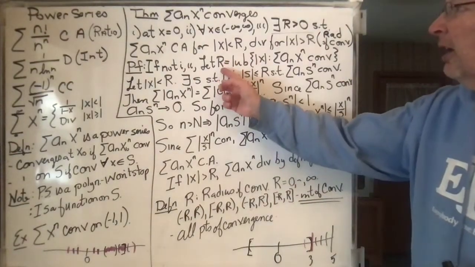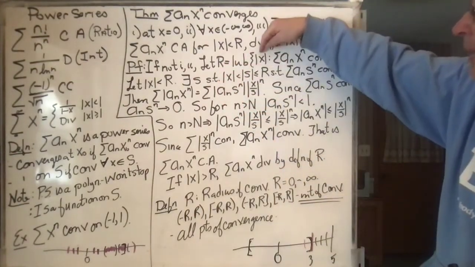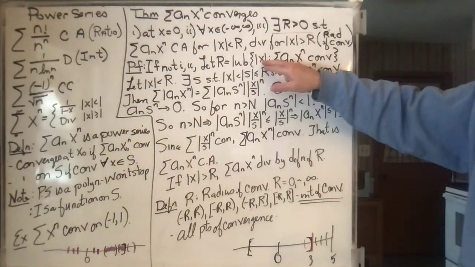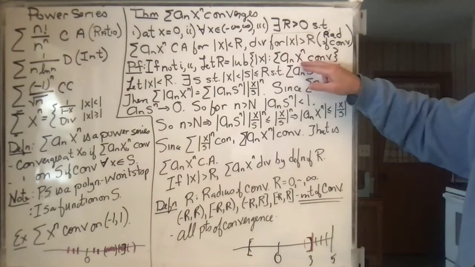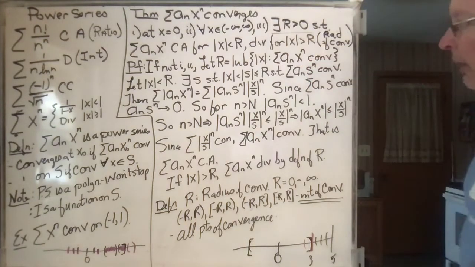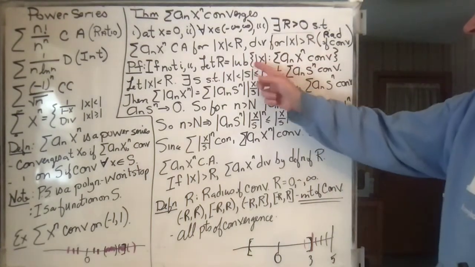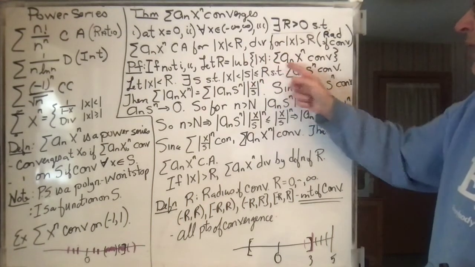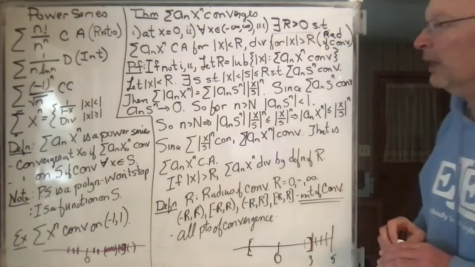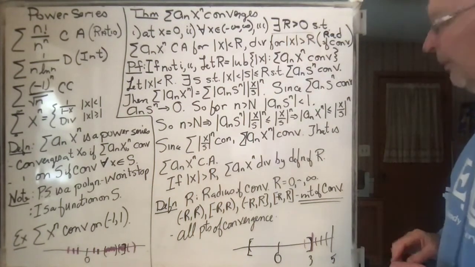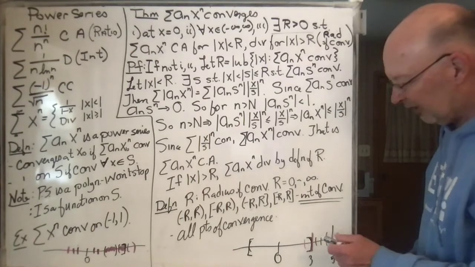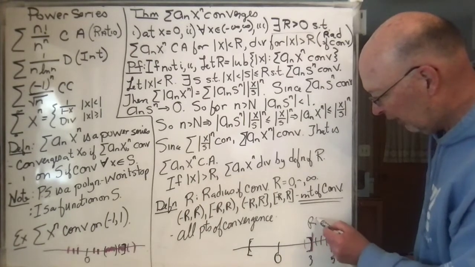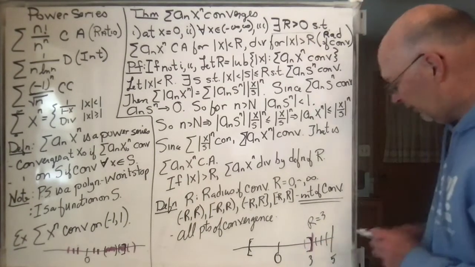We're going to let R be the least upper bound of the absolute values. So now you can go in either direction, to the left or right, absolute value of all the values of x for which this thing converges. Okay? So R is the least upper bound of all the values of absolute value of x for which this thing converges. Okay? So we're going to choose something which is less than R. So here, let's say that R is equal to 3, and we're going to choose a value of x